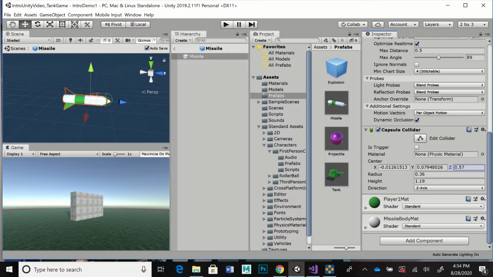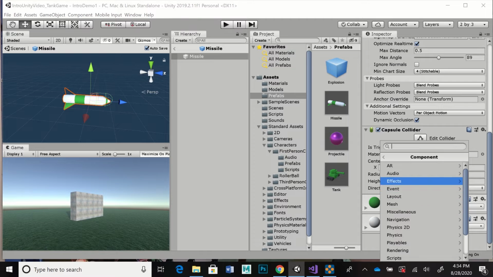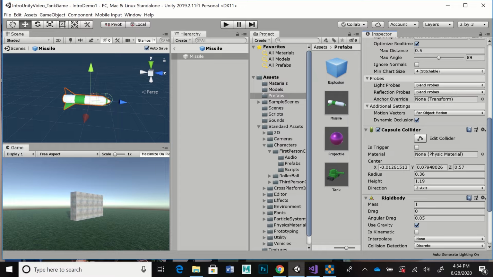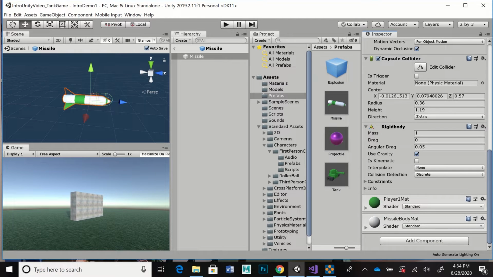And then the other thing I need here is I need to go to Add Component, Physics again, and I need to add the rigid body, because the rigid body is what's going to allow me to actually shoot it, just like I did with the projectile sphere. So in this case, I don't really need to do anything else with this. The mass is not going to make that much of a difference, I don't think, on this one. I can always adjust it later, so I'm just going to leave it at the defaults. And then